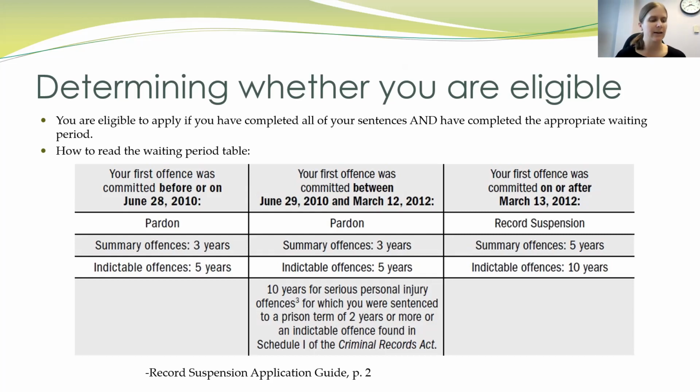Also, on page 3 of the guide, they say that if you were convicted of simple possession of cannabis, there's a different record suspension application to use, and there's a link listed for it. I checked it out briefly, and it is a shorter application, so you definitely want to make sure you do that. Also, if you were convicted of simple possession of cannabis and other offenses, you still need to do this main record suspension application process that we're going over today, but there are some special instructions for that situation. So again, just look at page 3 of the guide for those instructions.